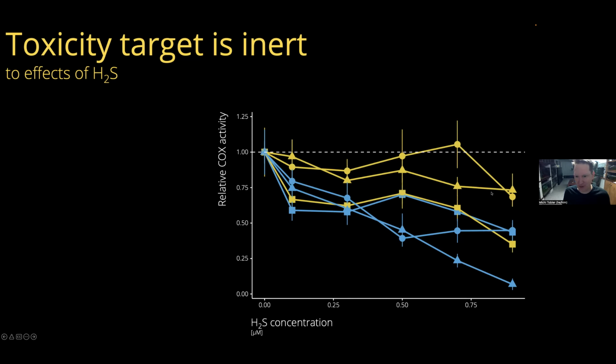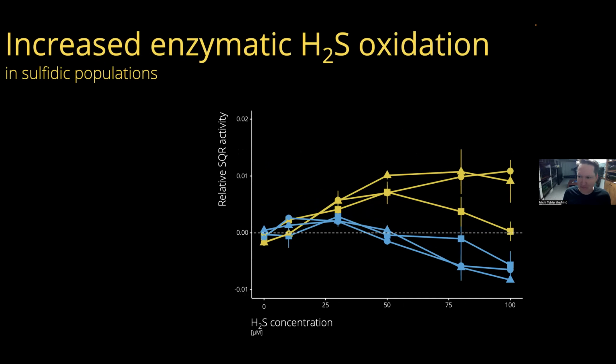In contrast, in at least 2 of the populations we investigated, we saw basically a reduction of that toxic effect. What it suggests is that these genetic modifications we're observing in the toxicity target really make that toxicity target inert to the sulfide. Nick also tested whether these changes in the detoxification enzymes actually matter for the rate of sulfide oxidation. What you see here on the y-axis is SQR activity, the detoxification enzyme, again as a function of hydrogen sulfide concentration. And as you can see, sulfidic fish here in yellow have much higher detoxification capability than non-sulfidic